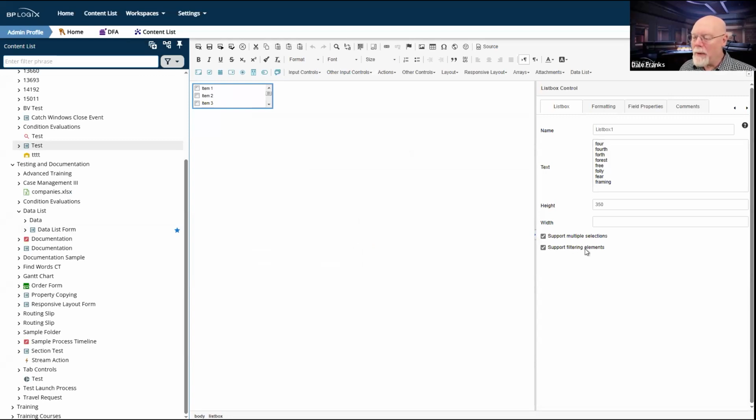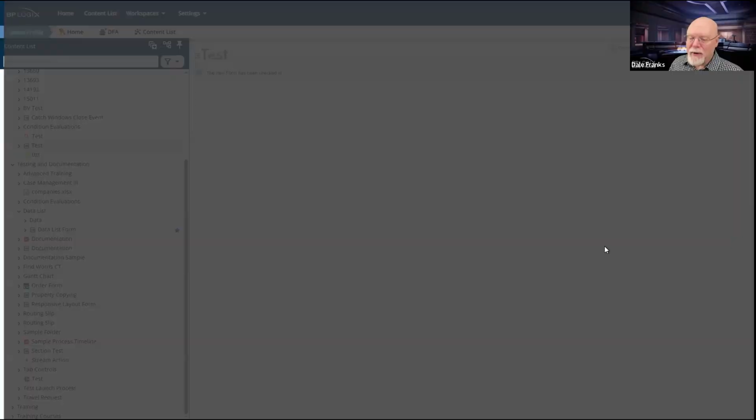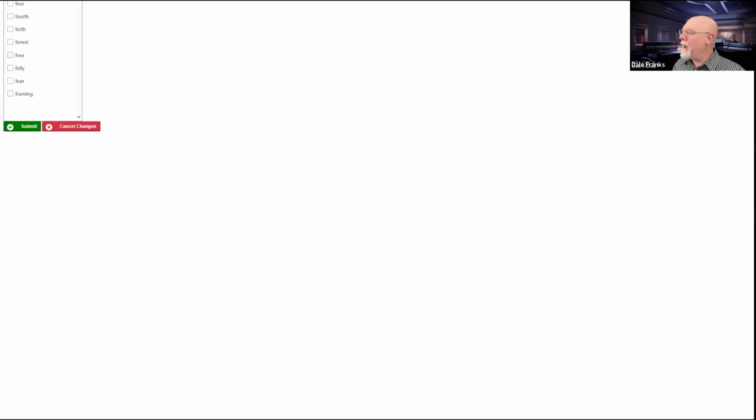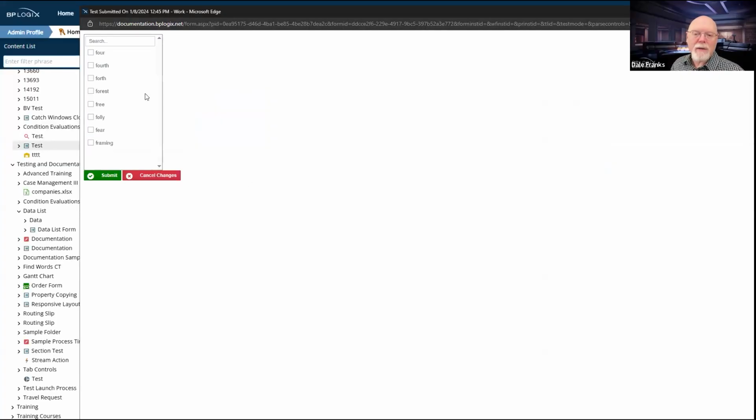And there is a new property down here at the bottom called support filtering elements, which means that whenever I run a form now that has this list box on it with support filtering elements checked, I now have what is essentially a type ahead inside the list box.